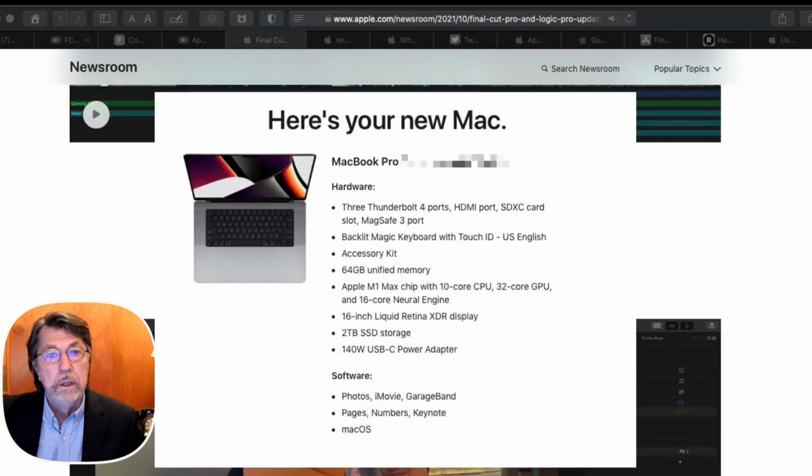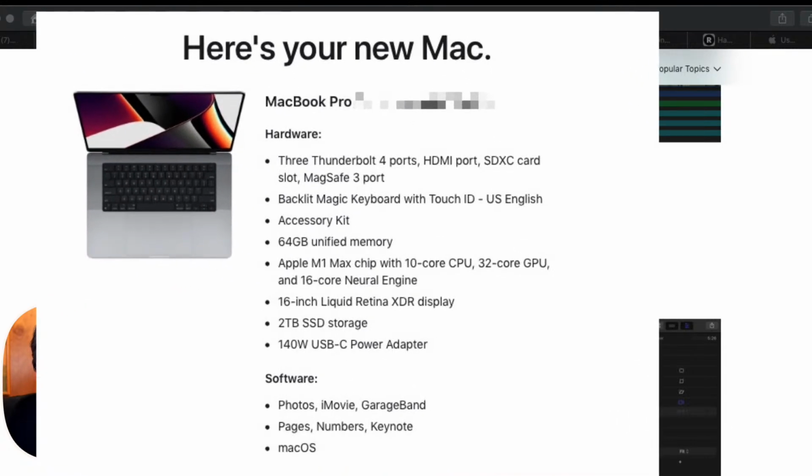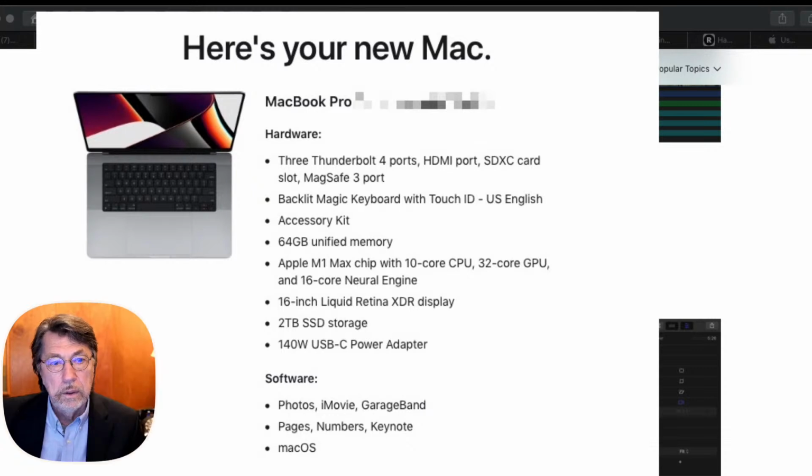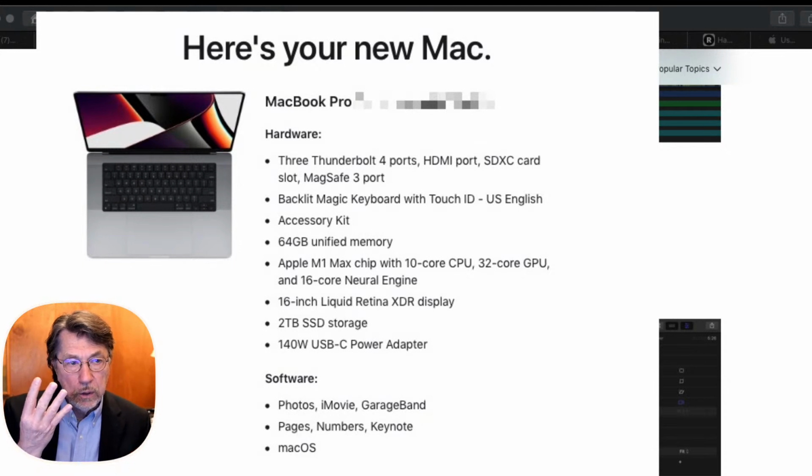Here we go. So this is my Mac. This is what I ordered. Well, first off, Thunderbolt 4 ports. This is the first Mac with Thunderbolt 4 ports.